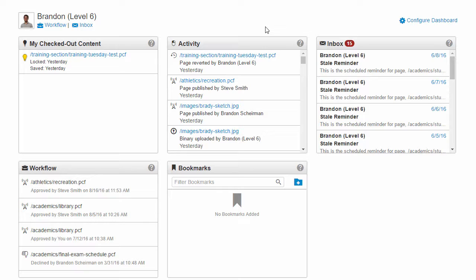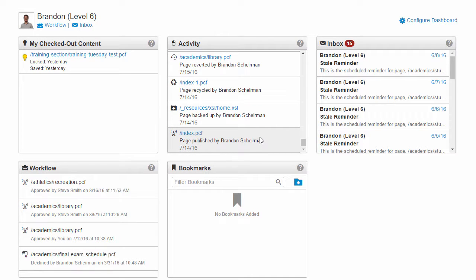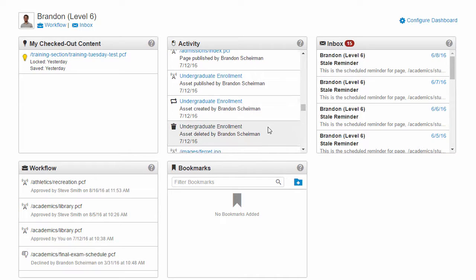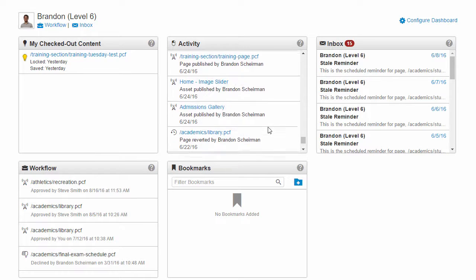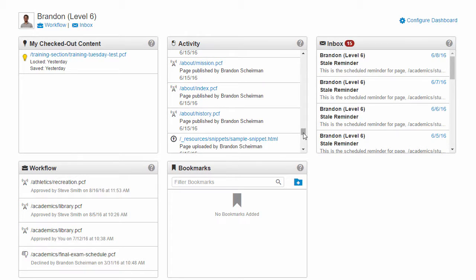Scrolling down through the gadget, you'll notice that the gadget will keep loading entries as I scroll even if I reach the end of the content. There doesn't appear to be a limit of how far back you can scroll, so you'll be able to see activity from quite far back in time if you want. So there's the key functionality of the gadget.